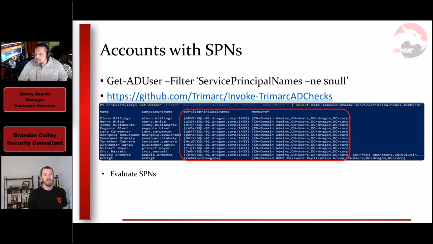These are basically SPNs for services that have been removed from the environment, or servers that do not exist in the environment. If you come across anything like that, the account can have the SPN removed, which fixes this vulnerability, and it can likely be just disabled or deleted altogether.